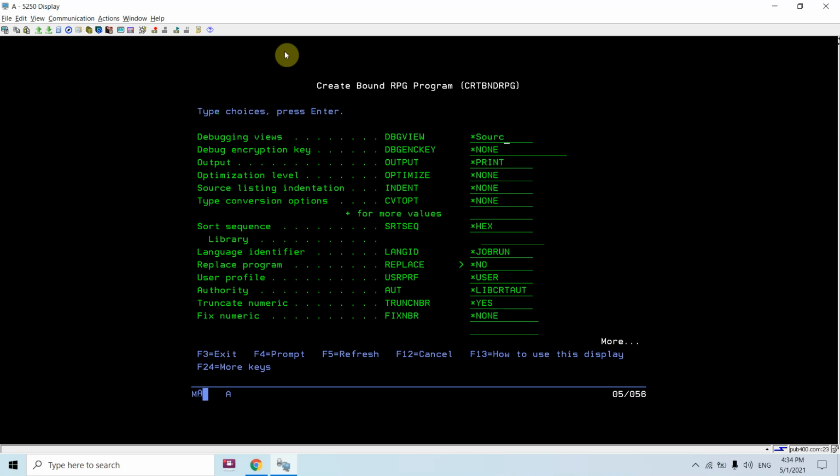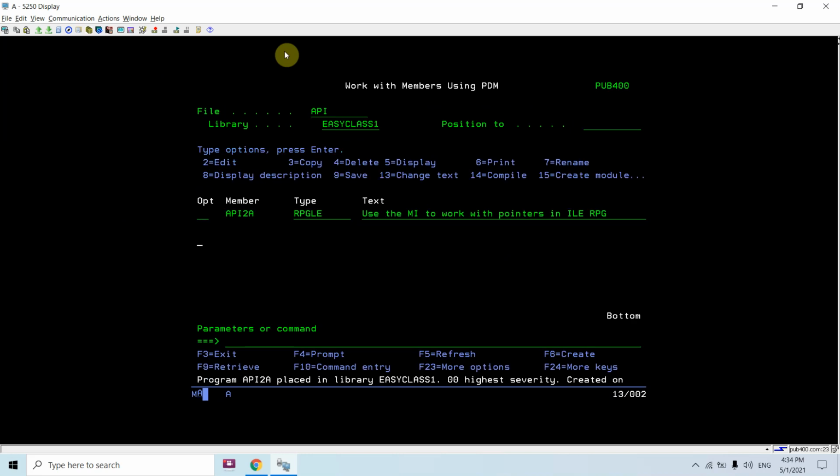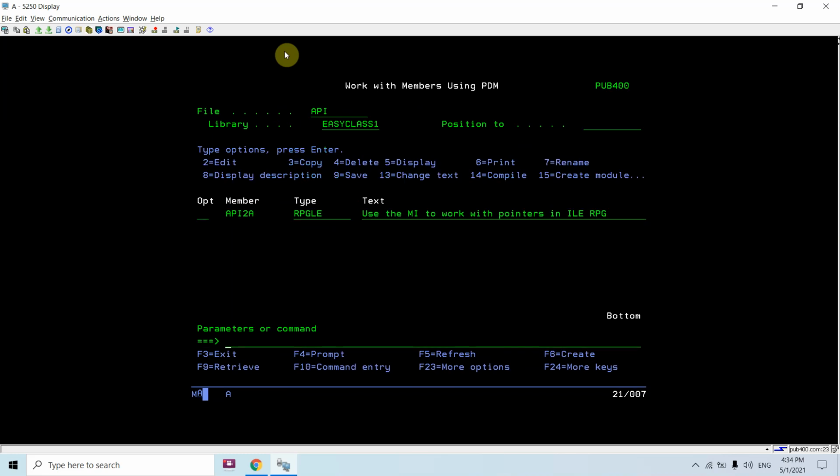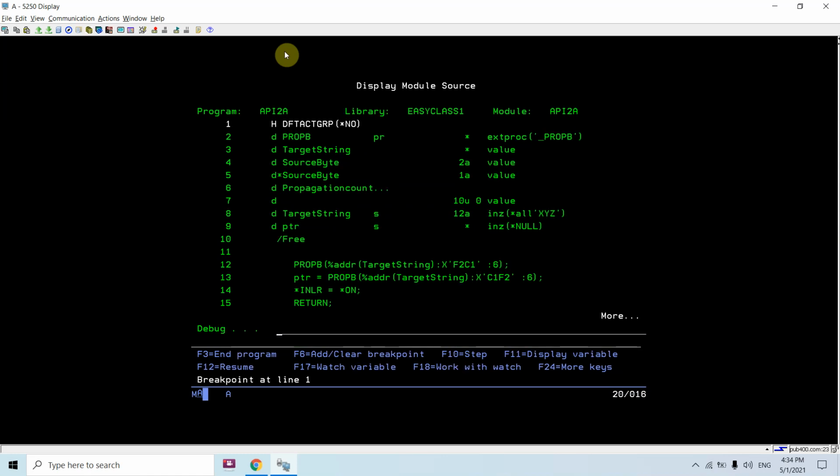with the star source. API 2A. Just set the breakpoint at line number 1, then call API 2A.